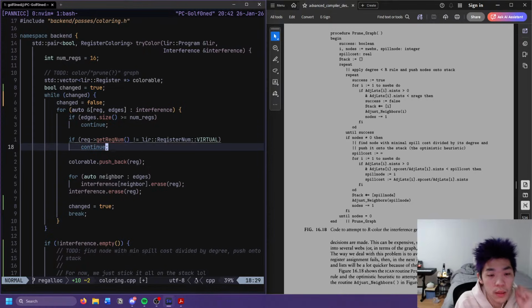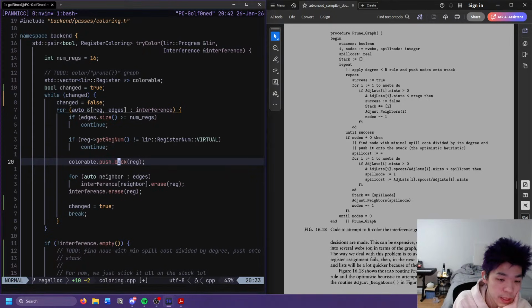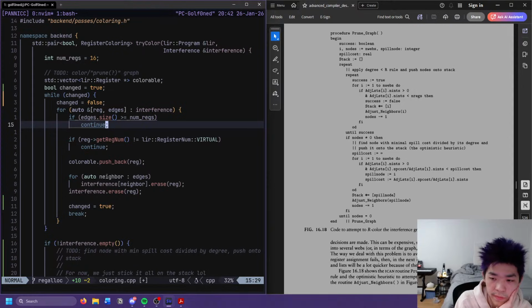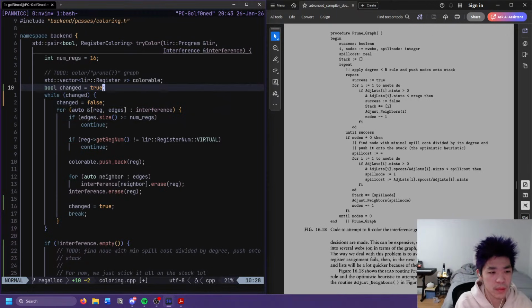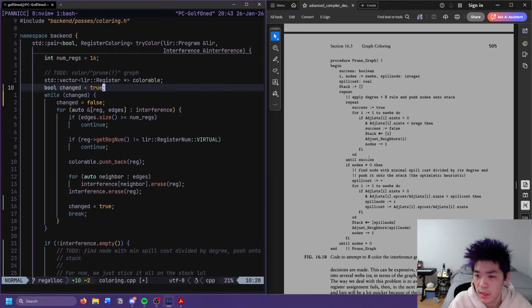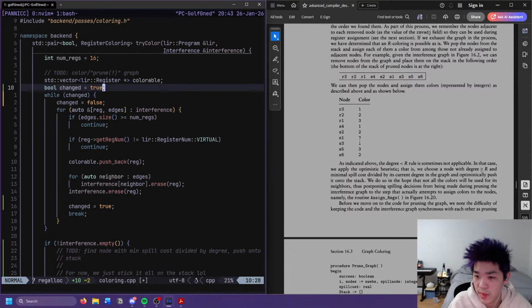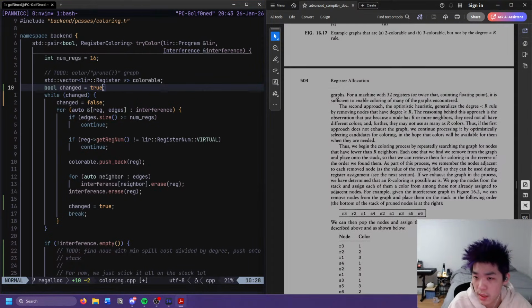Okay. Okay, what am I trying to do here? I guess we could get rid of the, no, we can't, because we do kind of need to keep the physical registers around, I think. Right? Yeah, this doesn't make a lot of sense, actually. I guess this just takes the webs, right? What is R versus S again?